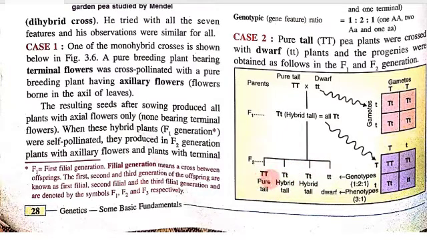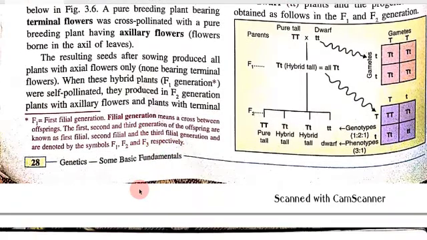So homozygous dominant, heterozygous dominant, homozygous recessive. The phenotype ratio is 3:1 and the genotype ratio is 1:2:1. What is 1:2:1? The first one is 25%, the 2 is 50% and comes as heterozygous tall. Then the remaining 25%, the 1, comes as homozygous recessive. So they come as 3:1 and 1:2:1.